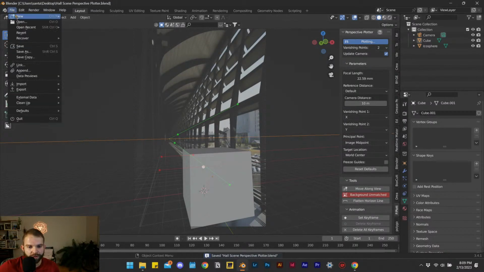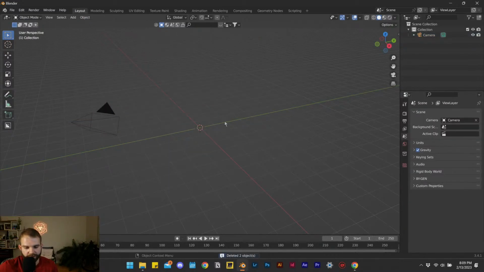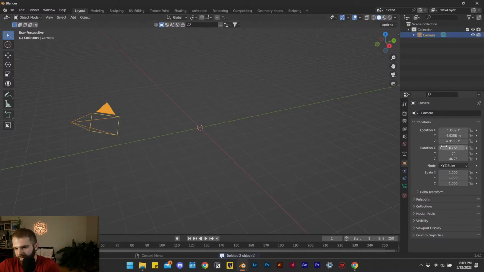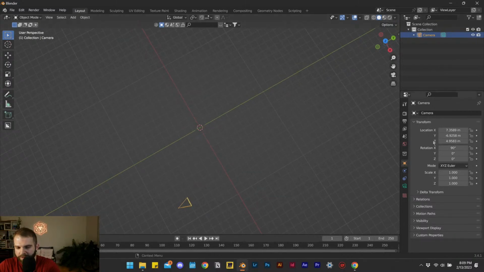And let's go ahead and open up a new file and start from scratch. So we have our camera. We can delete our cube and our light. I'm going to take the camera and I'm going to eliminate its X rotation. Just kidding. I'm going to leave that at 90, and I'm going to eliminate its Z rotation. And then I'm going to snap it to look towards the origin, right? So in this case, if I just put it at an even 7 and 7 from the origin, and then turn it in the z-axis however many degrees, I guess not 180 but